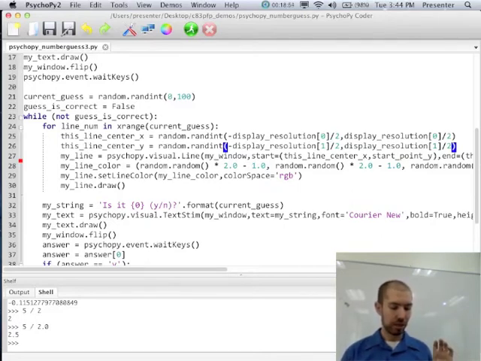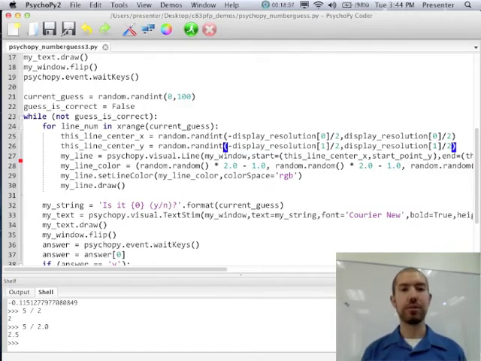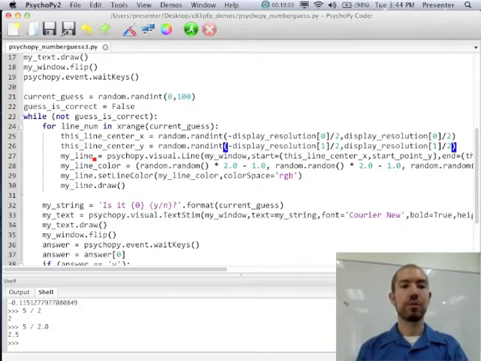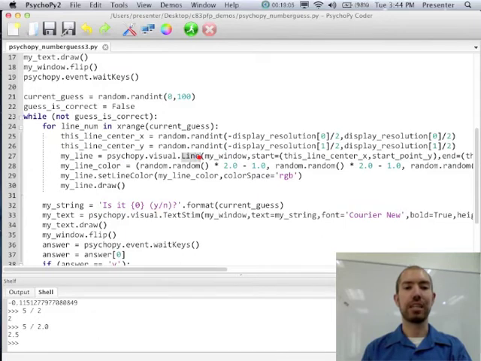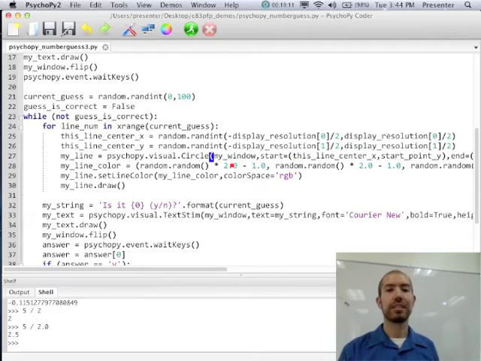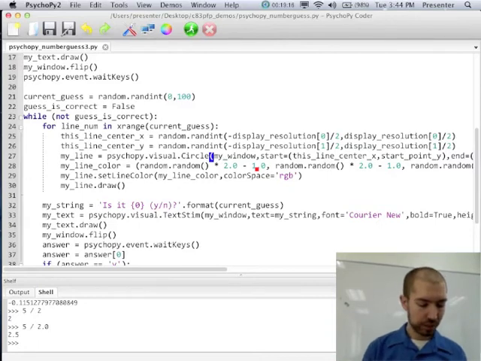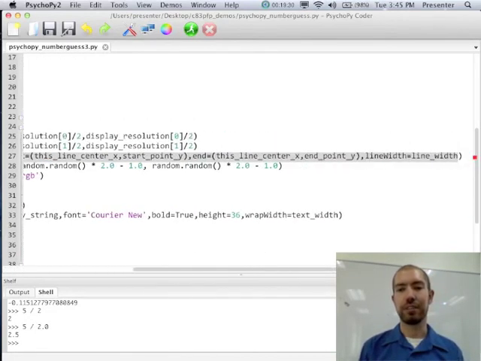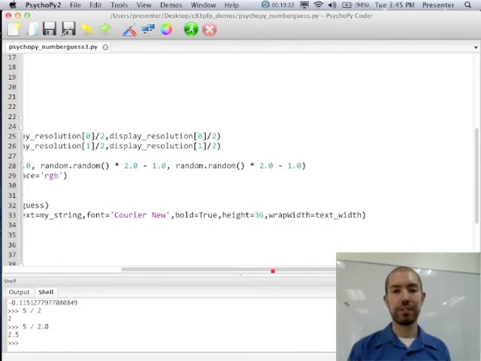Now, what we're going to want to do then is just change, and just make sure I'm doing this right, we're going to want to change this psychopy.visual.line, and you might be able to guess that the way that you make a circle is by calling psychopy.visual.circle. Now the things you feed in are a little bit different. So you can keep my window, because pretty much whenever you create a new visual stimulus, you tell it what window it's in. But the difference is, let's get rid of all this stuff and do it again. So the other stuff you tell it is different from a line though, right?